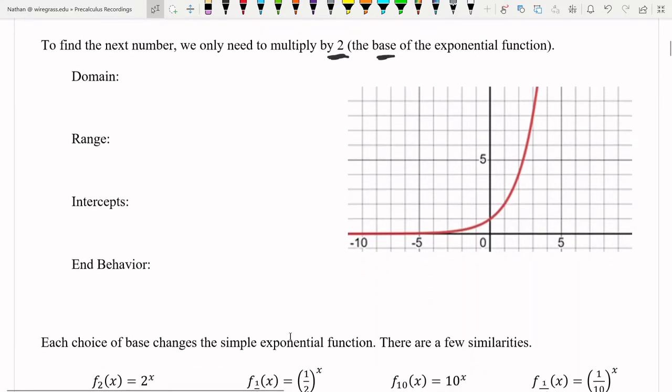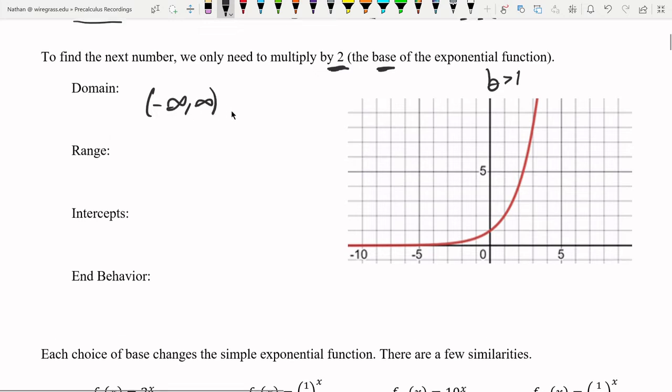We've actually seen this a number of times before, and I should say that this is specifically for b greater than 1. We're going to look at b between 0 and 1 in just a moment, but this is specifically for that. That's how you get this behavior. The domain of this is everything,